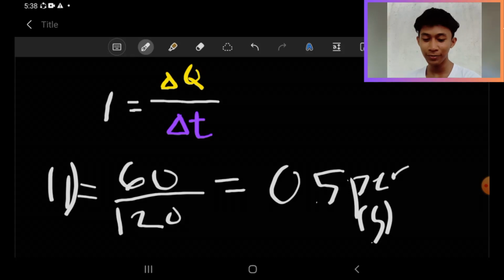In this analogy, the formula for current helps us find out how many people, or electrons, are passing through the gate, flowing through the gate per second or a certain amount of time.